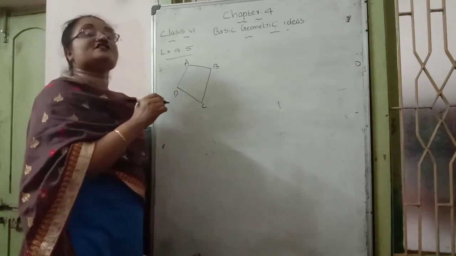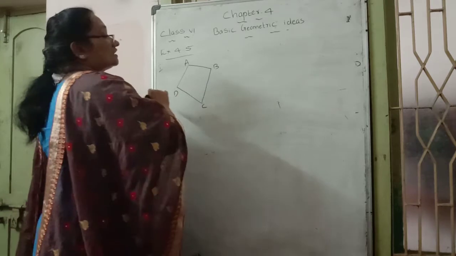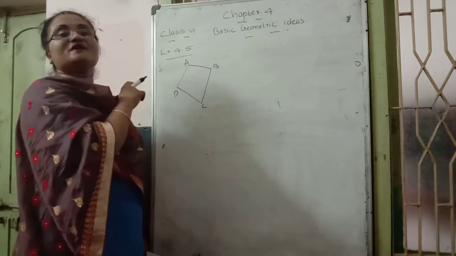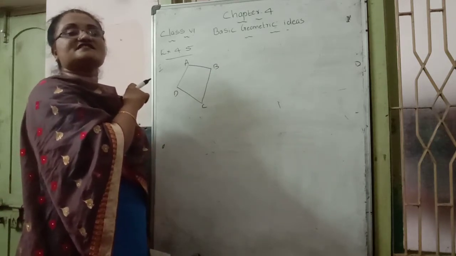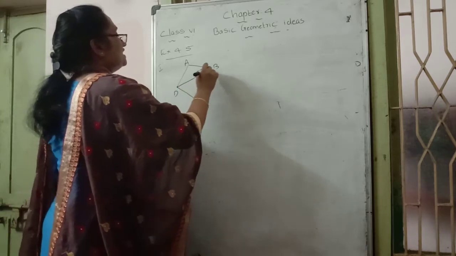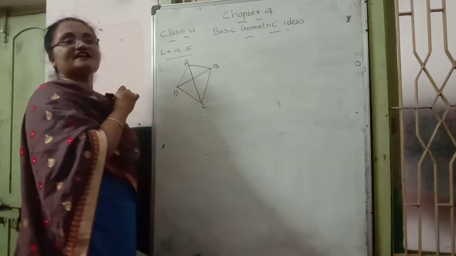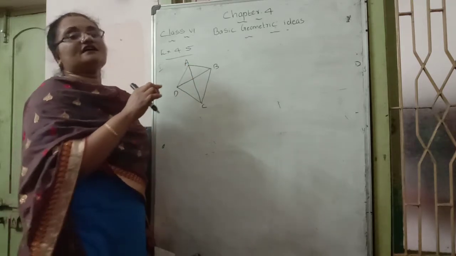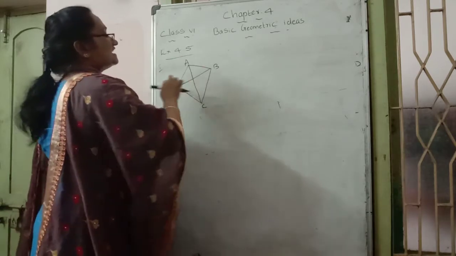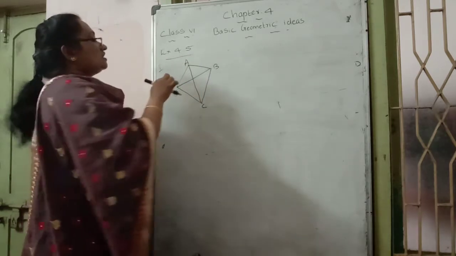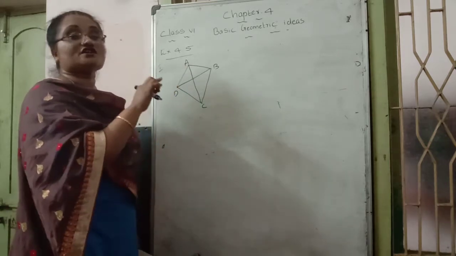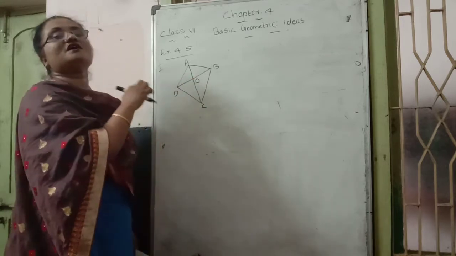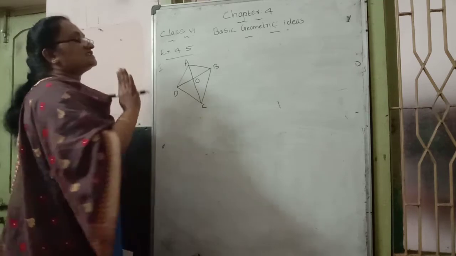Then in the same way they ask to draw the diagonals. In which way? Opposite vertices joined by a straight line is known as a diagonal. See, D to B and A to C. Now we get the diagonals. Opposite vertices joined by a line segment we call a diagonal. So AC and BD are the two diagonals. Do the diagonals intersect? Yes, they intersect here. You can give that point any alphabet. I mark the intersecting point as O. That is the first question.